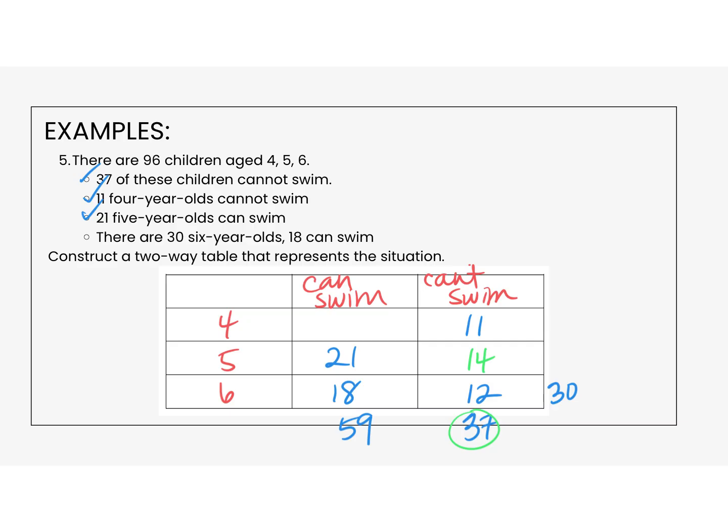And I'm going to do the same thing here. I know that this total is 59. So 21 plus 18 is 39. 59 minus 39 is 20. Okay, now I'm going to also add that there are 31 total 4-year-olds and 35 total 5-year-olds. And we know that there are 30 6-year-olds. And then just double check all of our numbers, because if we did it right, they should add to 96,